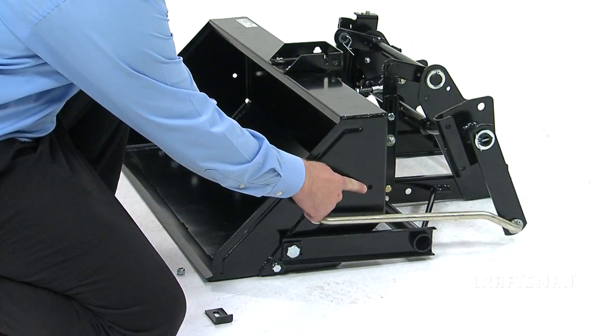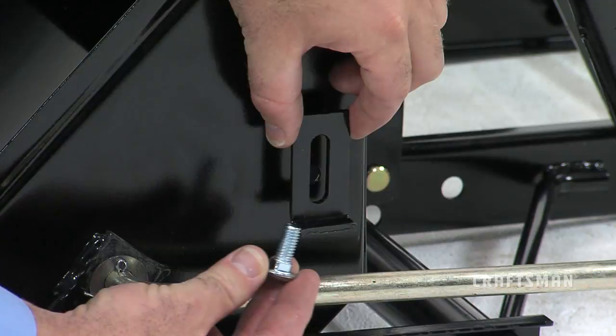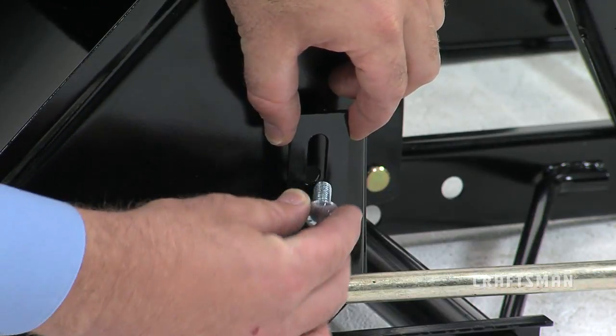The last step in this segment will be to install the tilt-stop brackets to both sides of the bucket. To do this, place a tilt-stop bracket, part QQ, against the outer surface of the bucket with the foot of the bracket facing down. Align the mounting hole in the bracket with the mounting hole in the bucket and insert